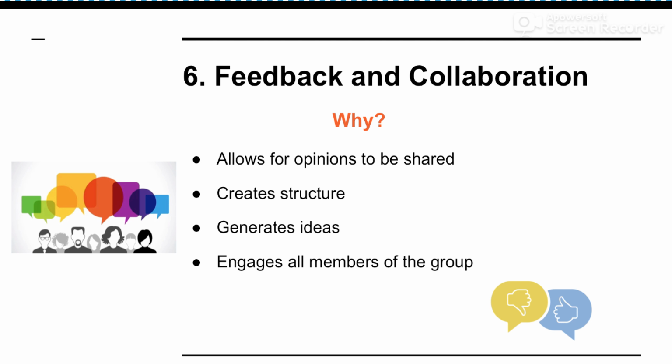Next, we have feedback and collaboration. Feedback and collaboration are important because feedback allows you to share your opinion with someone else and give them criticism in a constructive manner based on what they said. Also, collaboration is important because it allows you to collaborate with other people who may lack a certain skill set that you possess, but also have a certain skill set that you don't have. So essentially you're taking the best ideas of the most qualified people in the group and implementing them together to try and find the best outcome.